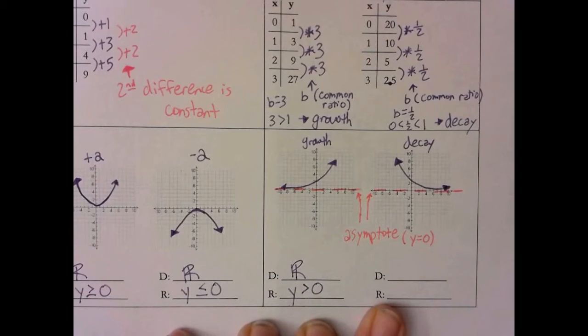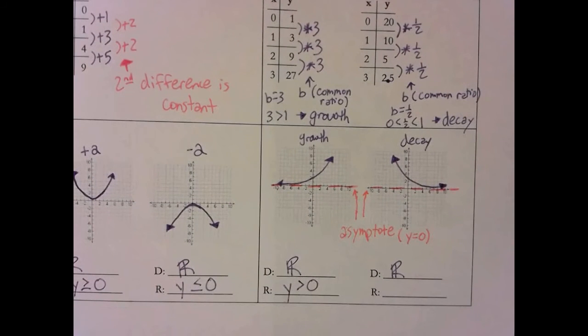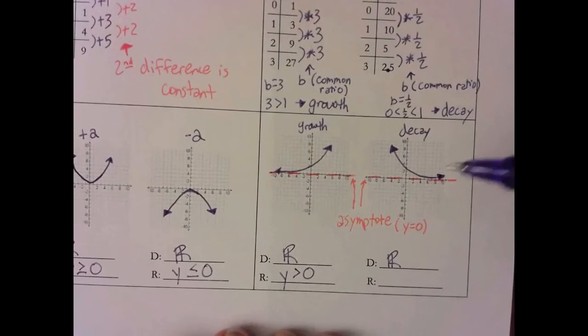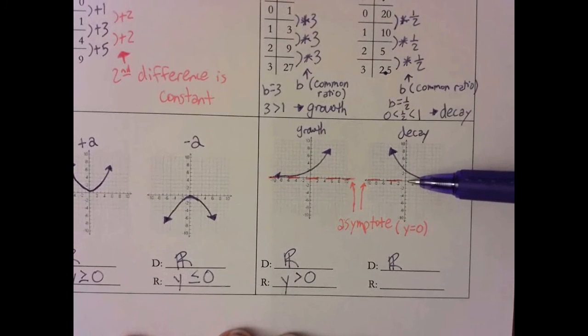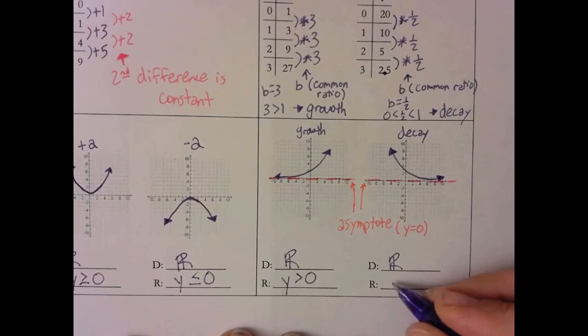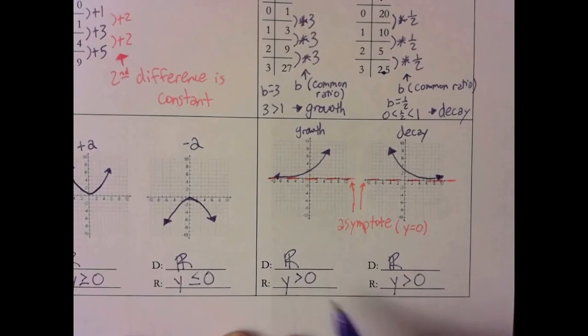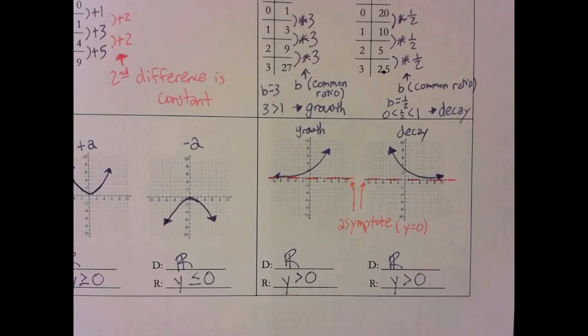So what do you think the domain of this is? Well, going left and right never stops. So it's all real numbers. What about the range? Again, we get really close to 0, we never touch it, and we can be bigger than that. So your range is y is greater than 0. So the exact same domain and range. All right,